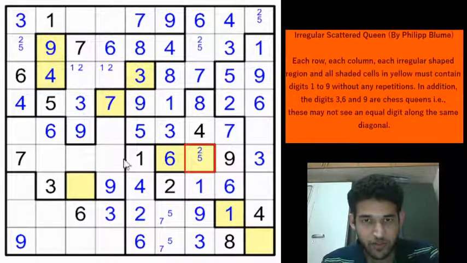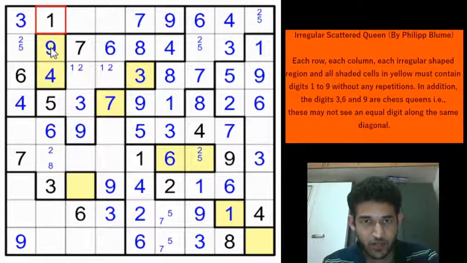Okay. So where do we need to focus? Let's look at row 6. You can focus anywhere because almost every area is equally filled. So if you look at row 6, 1, 6 and 7, 3 and 9 are filled. The remaining digits are 2, 4, 5 and 8, right? 4 and 5 can't be here. So this will be 2 or 8.